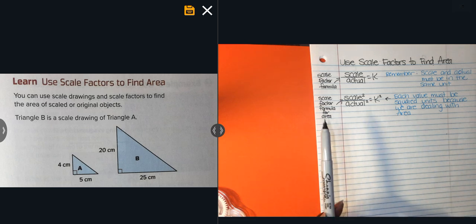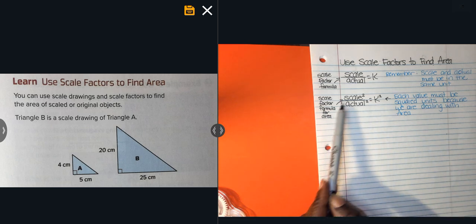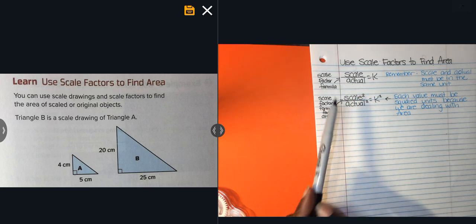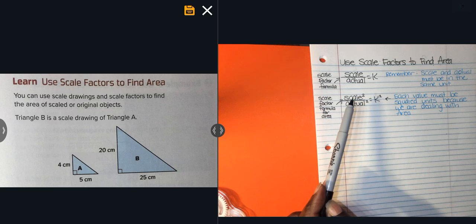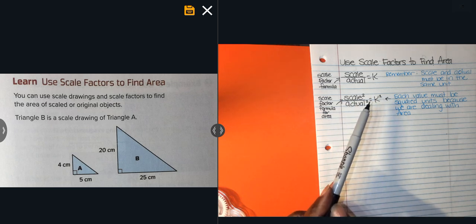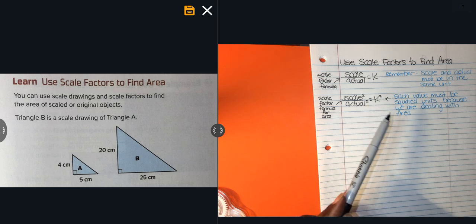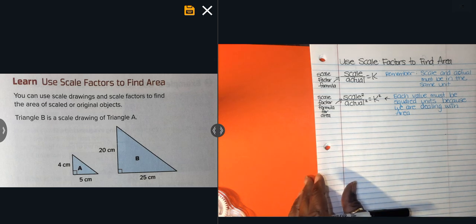The next thing I wanted to make sure you have is this other formula, which looks almost the same as the scale factor formula. The only thing you'll notice is that because we're talking about area, I squared everything in here. So when we're looking at the squared scale factor, it's telling you that you're looking at the area. Okay, so the first example